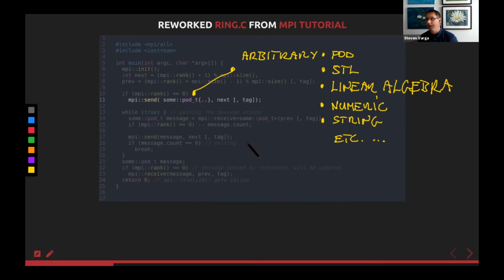Now it gets a little bit dense here with the MPI send call, where it can take complex objects, path types, standard template library calls, linear algebra objects, numeric types, strings, and whatsoever, and do the right thing.